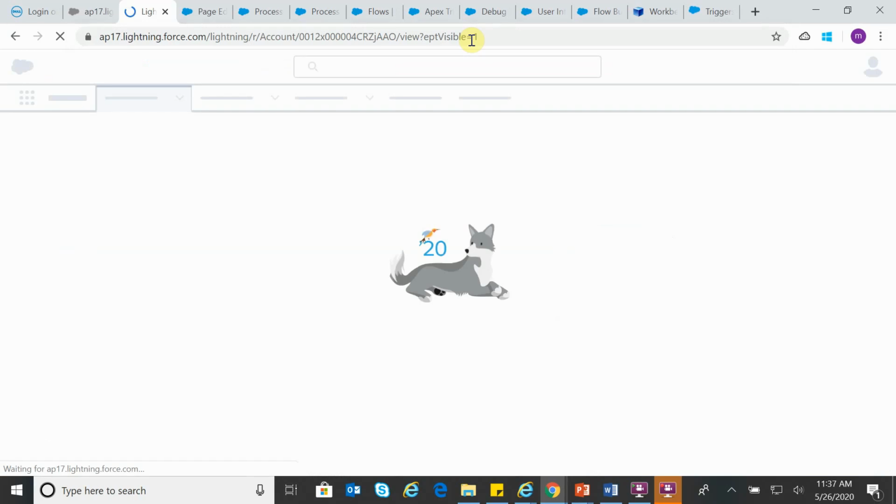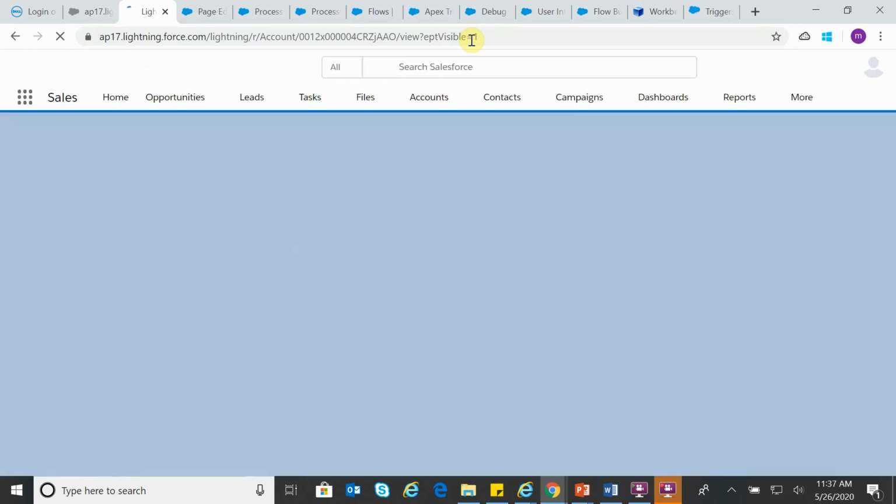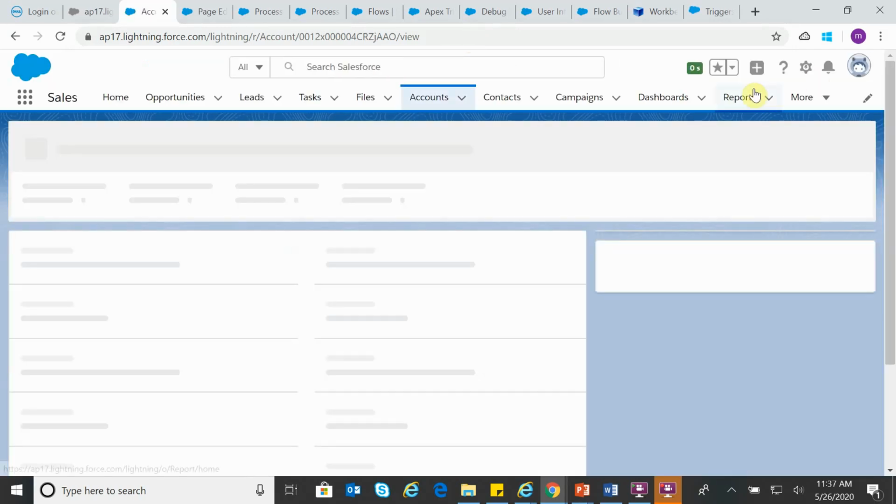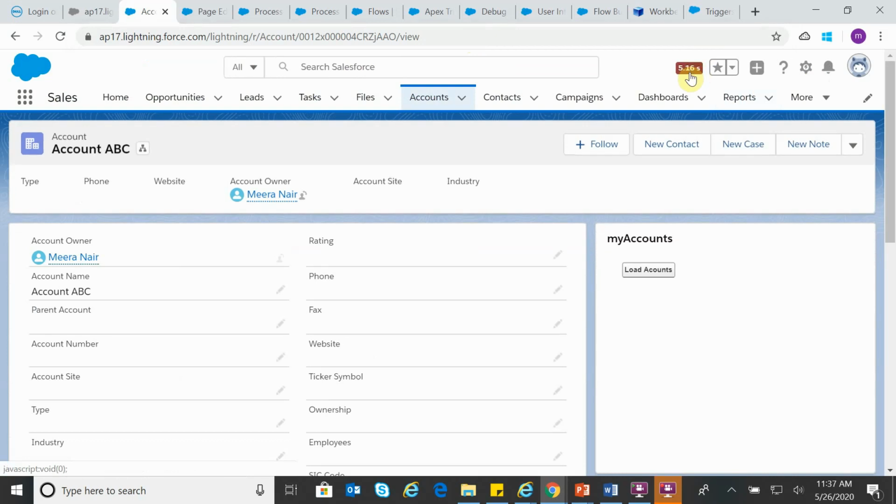What it is going to do is, automatically when your page is getting loaded, you will be able to see the total time consumed at the top. You can see my current page took around 5 seconds to load. In this way you will be able to easily track the performance in lightning mode. And the other thing is similar to what we have seen just now.